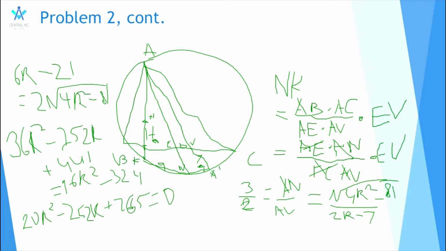This looks like a terror to solve. I'm not sure why HMMT decided to make such big numbers in this quadratic, but after some trial and error, we find that this factors as